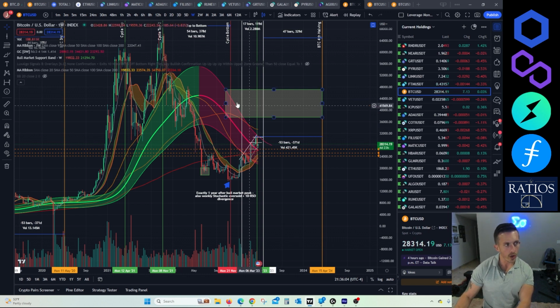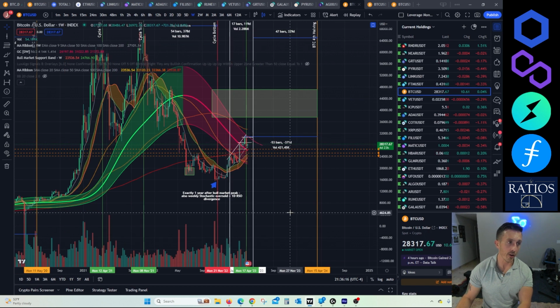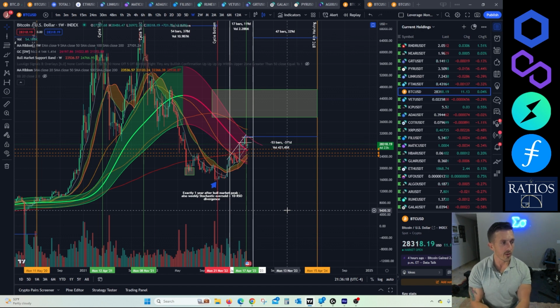But at that point, if it comes back and retests that Gaussian channel, that's what I'm going to be looking at DCAing into. Probably not even DCAing, probably just going all in at that point, and being reactive until the halving. But I don't know. Something to think about. This looks really good. Interestingly enough, if we look at the 4-hour chart,